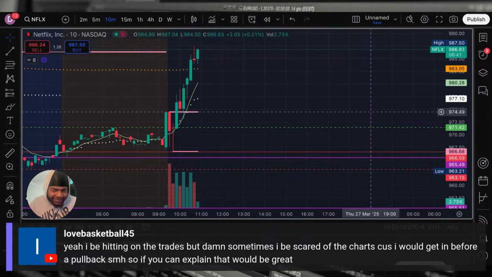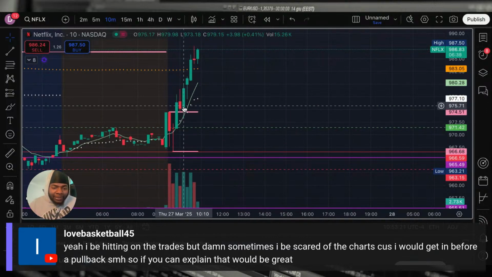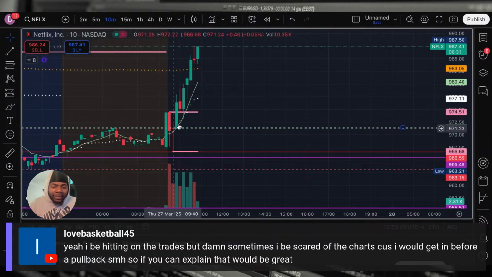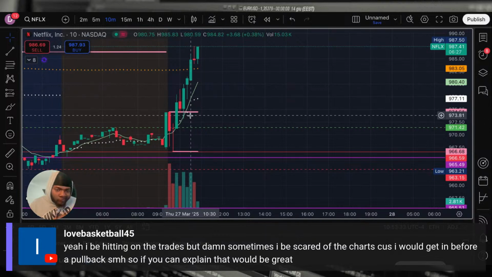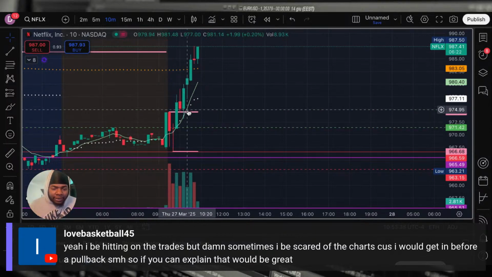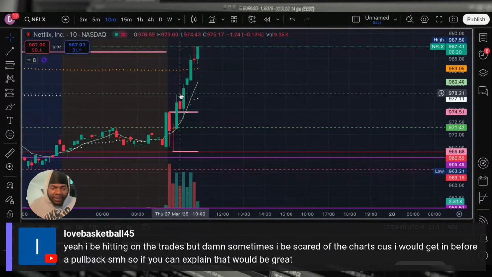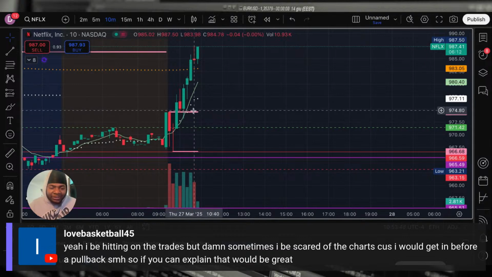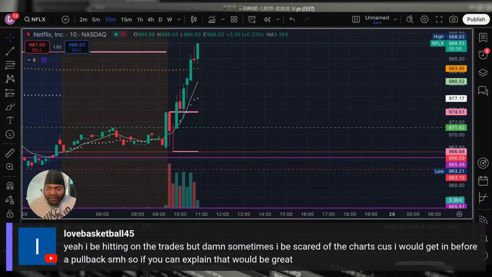Now we're gonna use our indicators. I got the ORB right here, and I got the 9 EMA. You know what I'm saying? And I got the VWAP right here sitting up under. So I got all that in confluence, and the candles are sitting above these indicators. So soon as we broke the ORB right here, you could have got in right when it came back down to retest. Now that's an aggressive entry off the ORB. You kind of want to wait on the pullback, but it still works. You know what I'm saying? Still works.